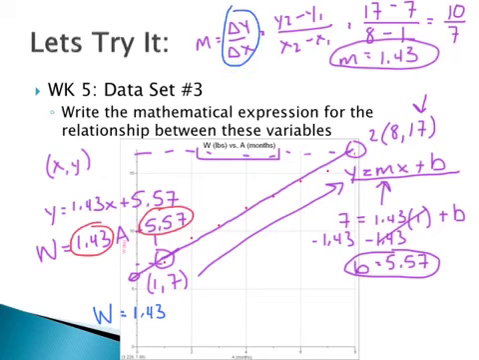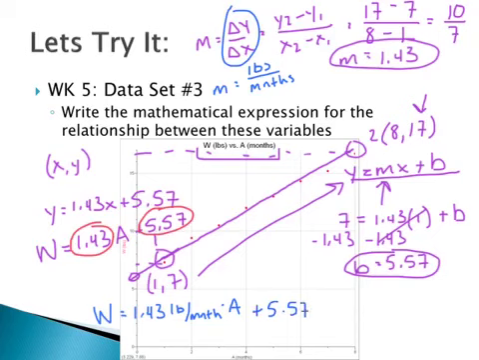So in order to find the units of the slope, I need to first know what are the units on my y. My y is written in terms of pounds, divided by x. My x is represented in terms of months. Okay, so what I have in the units of my slope are pounds per month. So I have 1.43 pounds per month times the age, still has my x variable here, plus